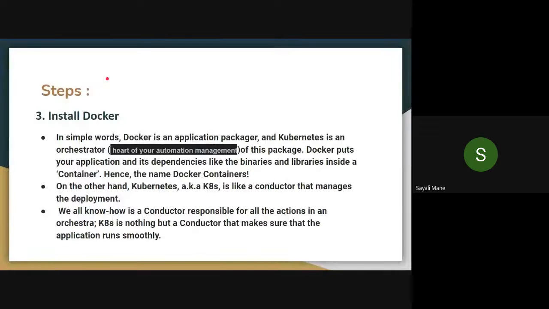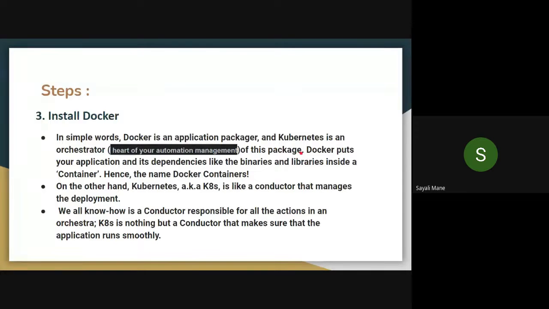Now the next step is we have to install Docker. Docker is a prerequisite for Kubernetes. So what is Docker? It's an application packager, whereas Kubernetes is the orchestrator. Orchestrator, in simple words, is the heart of your automation management of this package.